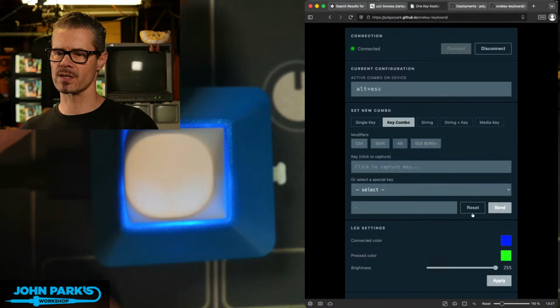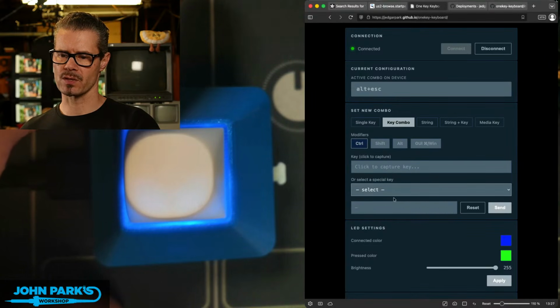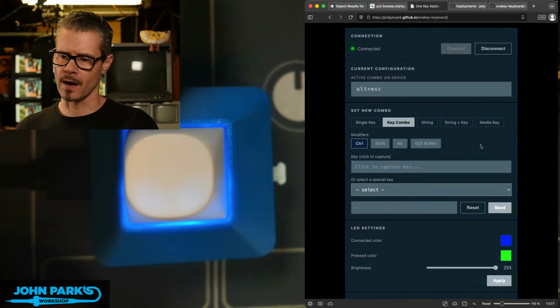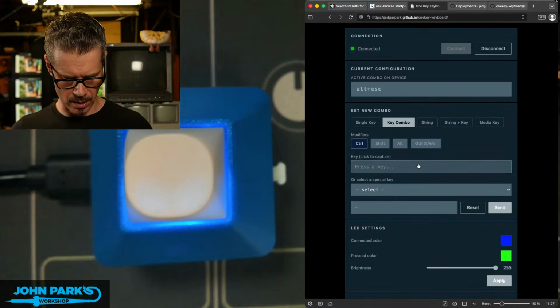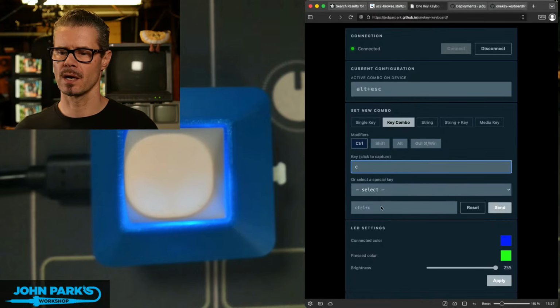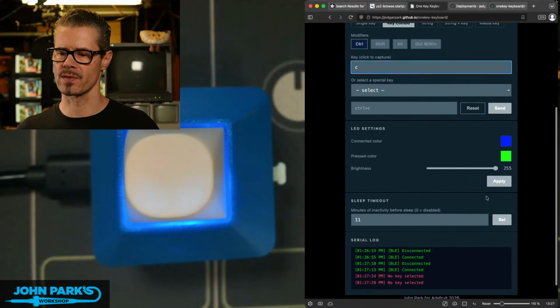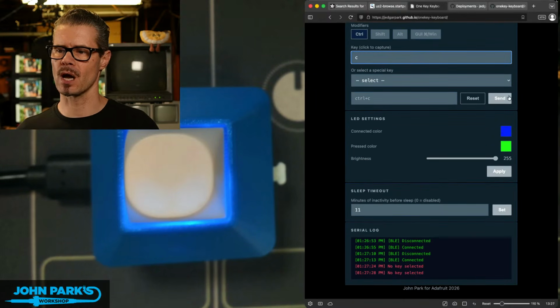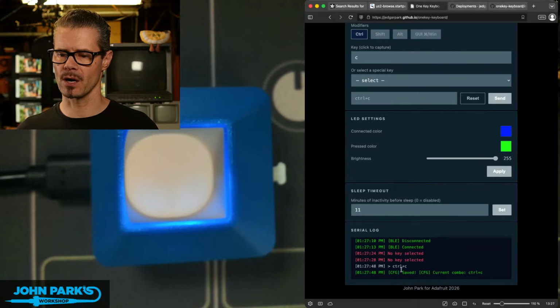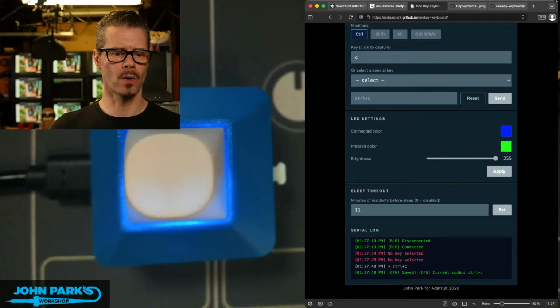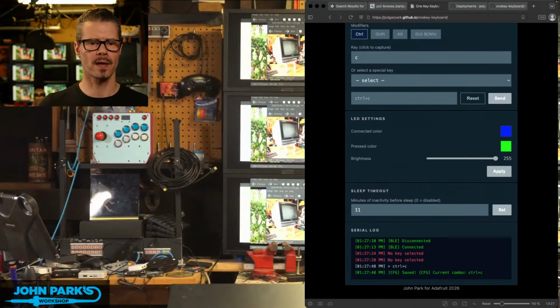So I'll reset all this stuff and say we're going to press a key combo of Control, and then you can either pick from a drop down if it's a special key, or you can just type the key. So I'm going to say that's a C. Here you can see what it's going to send as a Control C, and I'll scroll down to the serial log here when I press send, and you can see, all right, Control C is what we're going to get. So if I show you that